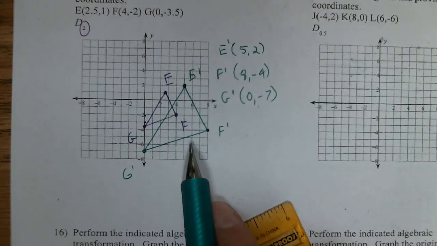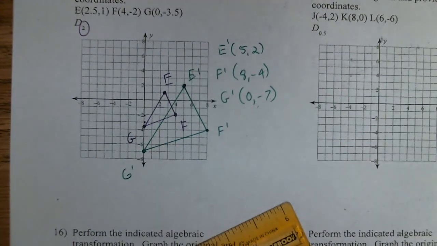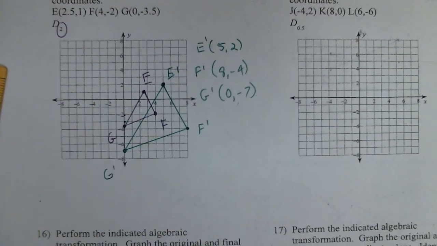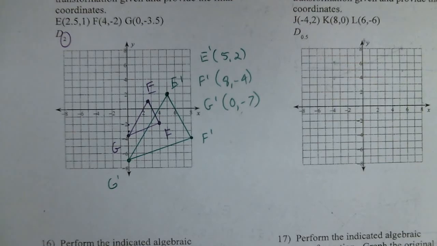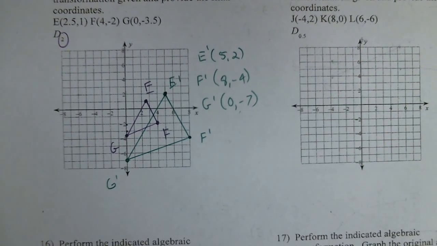So ask yourself the question, is the green triangle twice as big as the purple? Yeah, it looks like it. So that's kind of a way to do a self gut check to make sure you didn't plot something wrong. Okay. All right, so I'm going to stop there on that one, guys, and I'll pick up with part 2